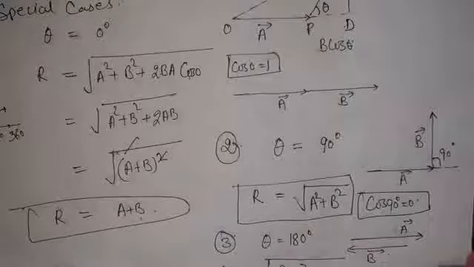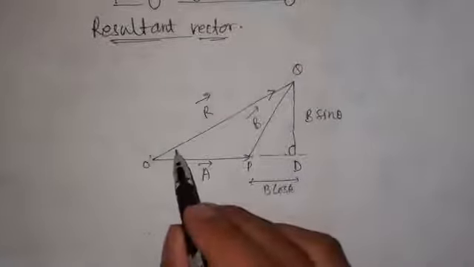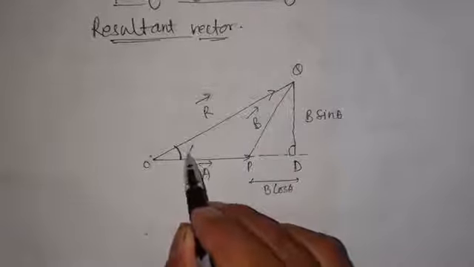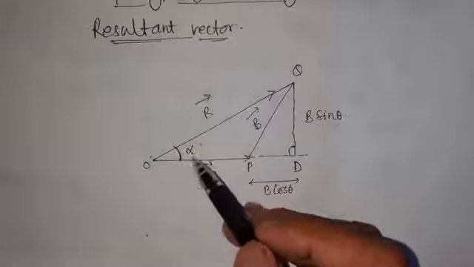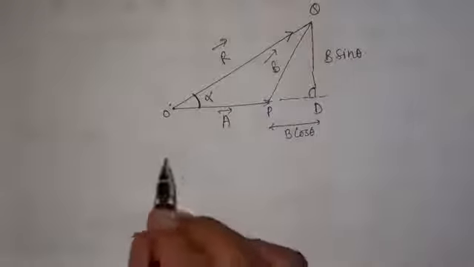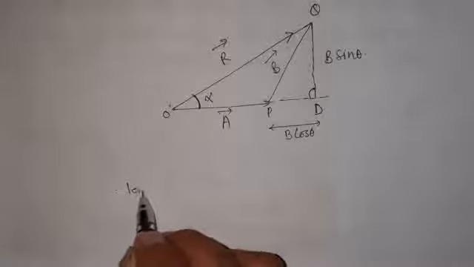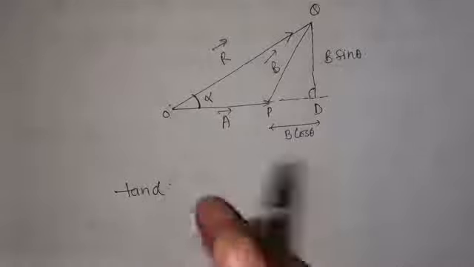Now how do we find out the direction of this resultant vector? To find the direction of this resultant vector, we will take the angle with a vector which this resultant is going to form. Let this be alpha. ठीक है, तो जो r वेक्टर है उसकी डायरेक्शन को फाइंड आउट करने के लिए हम यहाँ पर ये एंगल यूज करें अल्फा. And remember that whenever you have to find out the direction, find tan of alpha. Okay, to find the direction of resultant vector use this tan alpha.